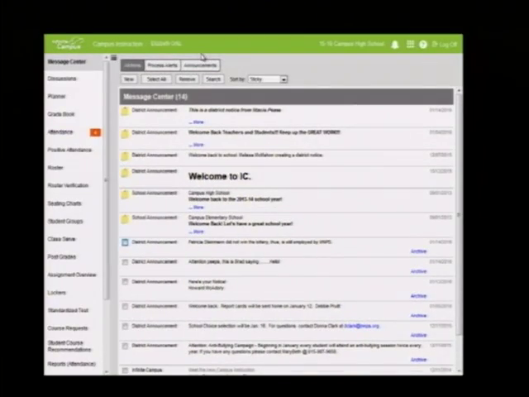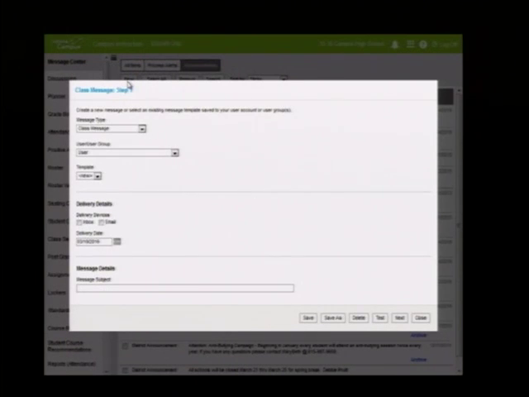So now I'm logged in as a teacher. And as you can see, the layout is quite the same. We have an index on the left side. I have my workspace on the right side. And one of the nice things I have here is with my announcements, if I do a new announcement, I can send a class message. Now, this does not replace your Outlook. However, you don't have to keep email addresses in a different location either.